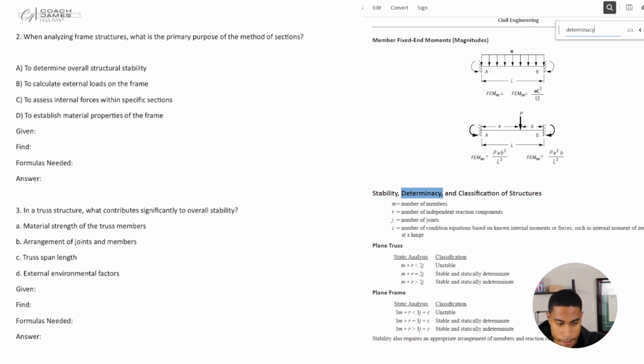All right, number 2 says, when analyzing frame structures, what is the primary purpose of method of sections? Whenever you're looking at method of sections, let's just talk about the information that they give us. So we know we're looking at method of sections, and we're trying to find its purpose. Are there any formulas that we can use? Not really. If I search method of sections,